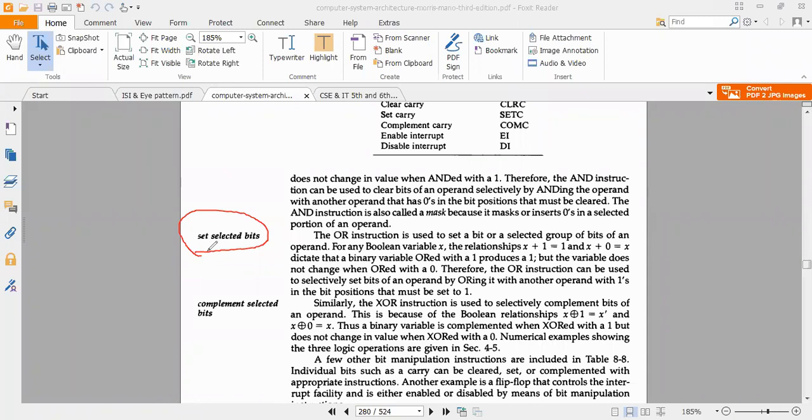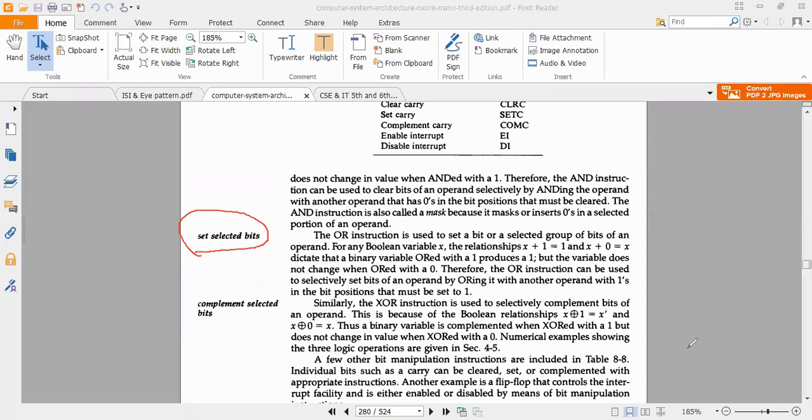For complement selected bit, the concept you have studied, everything you know, nothing new. But you have to think basically. You have to come out of your laziness. Complement selected bit.